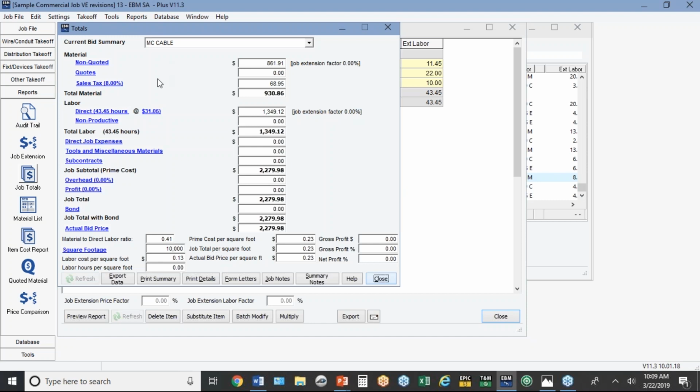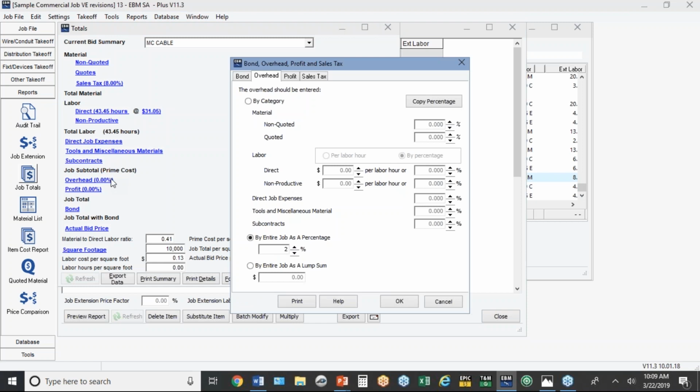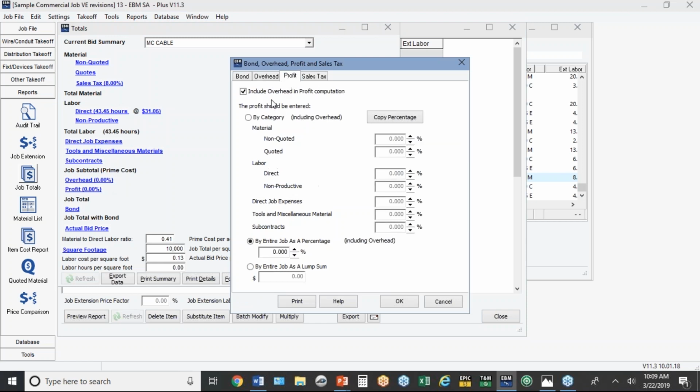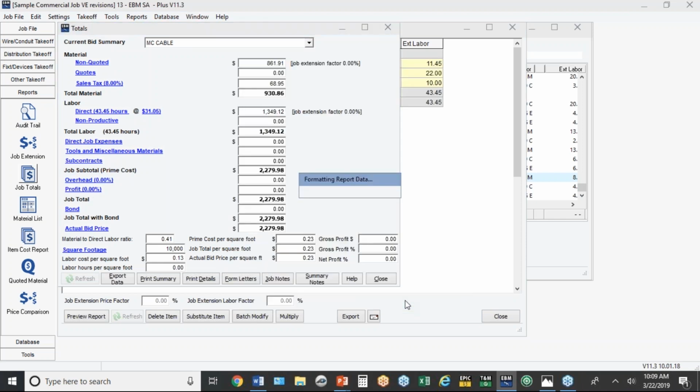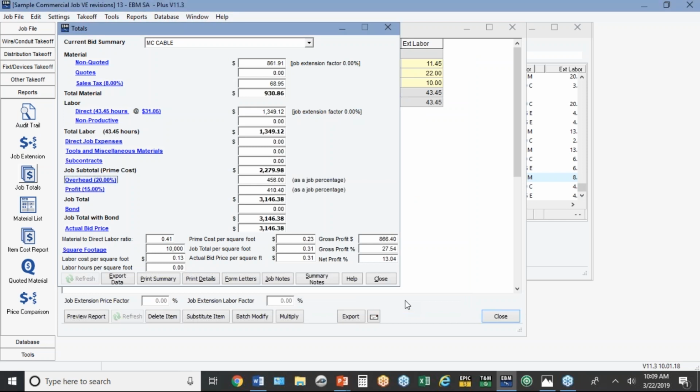So it starts a whole new screen here. Now what I'm going to do is bump up my overhead and profit a little bit. So I'm really actually saving, and I'm going to make a little more markup myself. That way everybody wins here. The customer gets a lower price, $3,200. If I flip back to the original one, EMT,